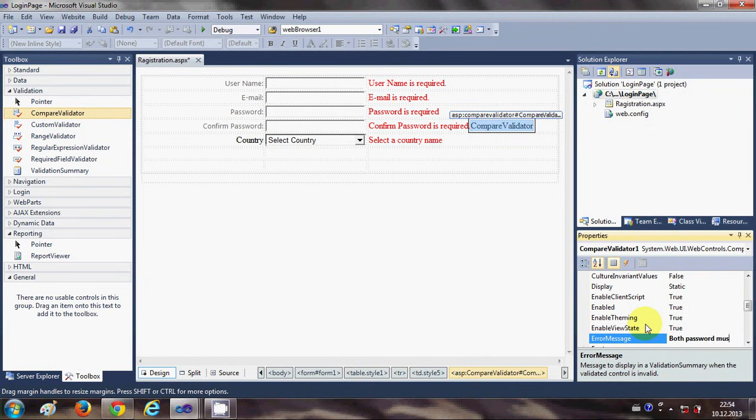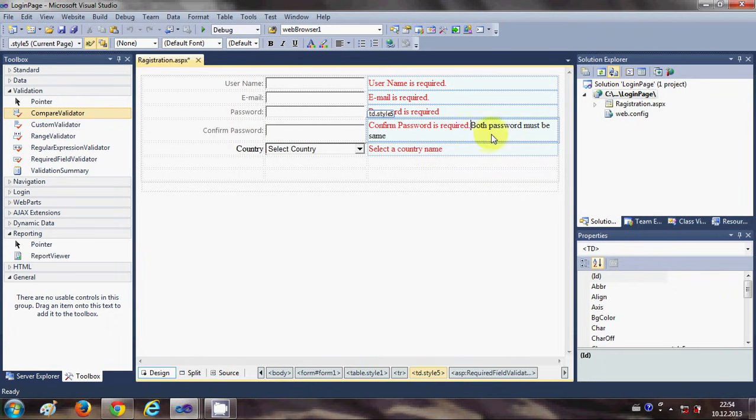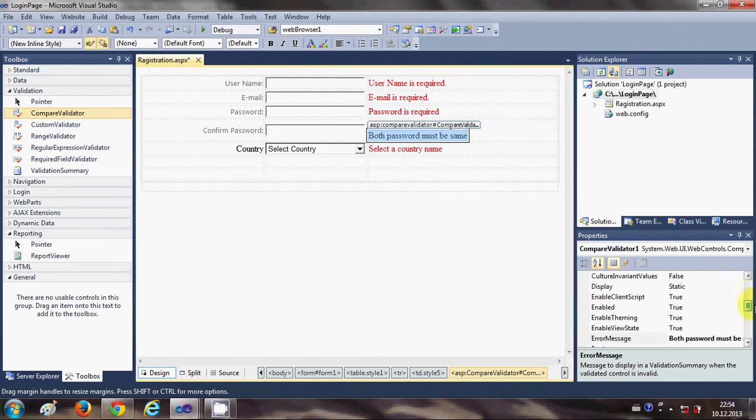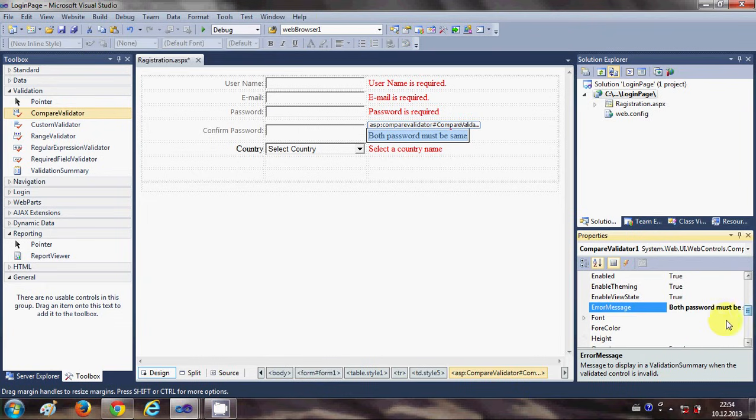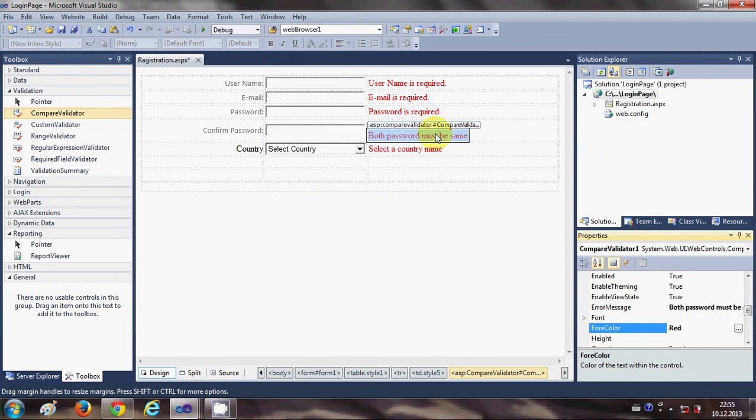both password must be same. Okay, and what you can do here is just select the first option, which is required field, click the arrow button and press enter, so it shows on the second line. Okay, and just select it and change the font of this also, fore color also red,